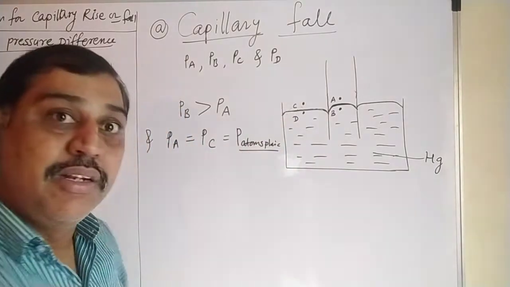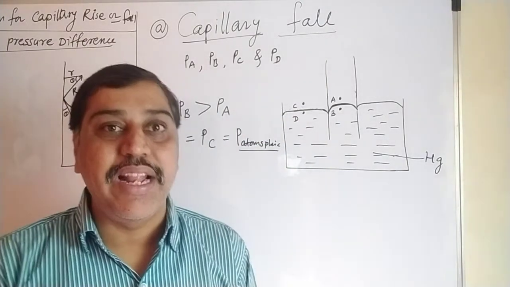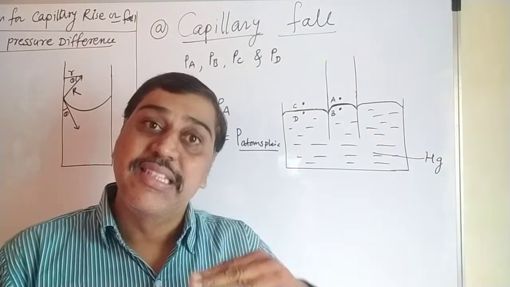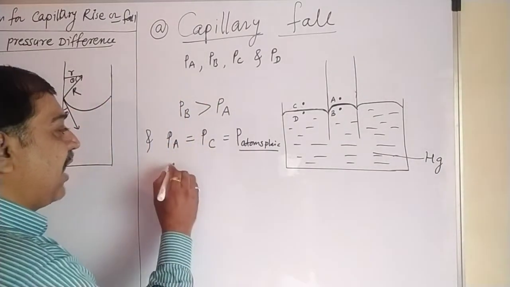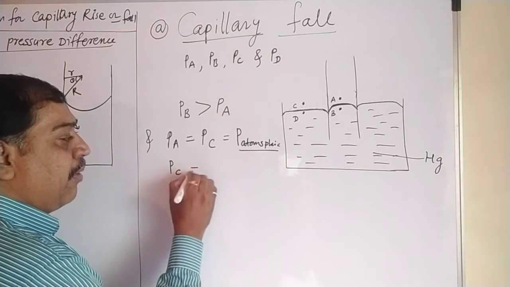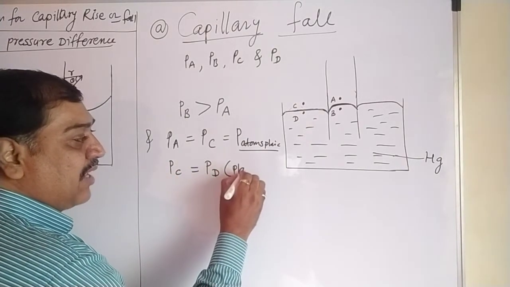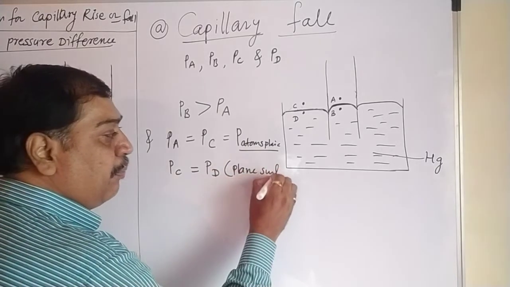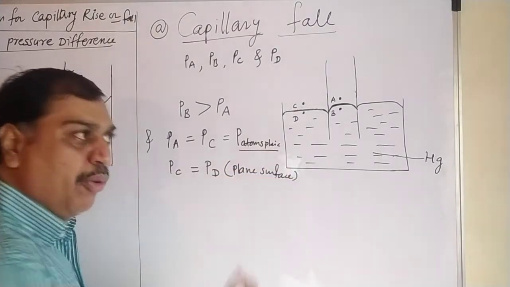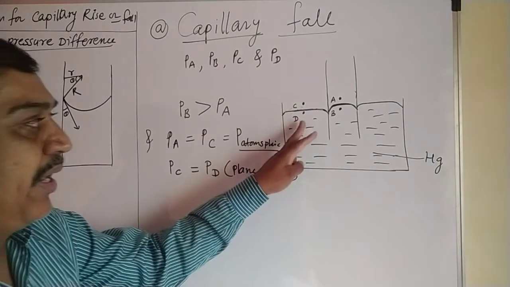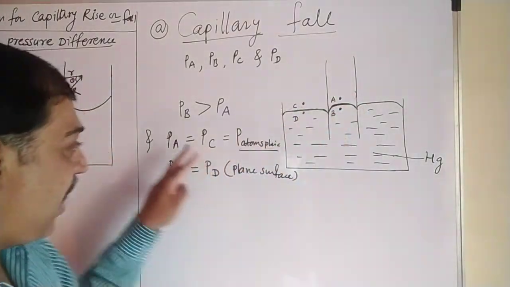So under the last topic again, whenever there is a plane surface, pressure from both sides is the same. So by that formula we can write pressure at C must be equal to pressure at D, because these are plane surfaces. So we will write here plane surfaces. Below and above the plane surface the points are, so their pressures are the same. PC equal to PD, but PC equal to PA we have mentioned here.